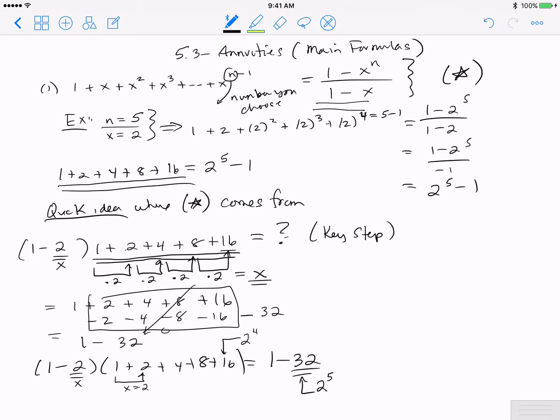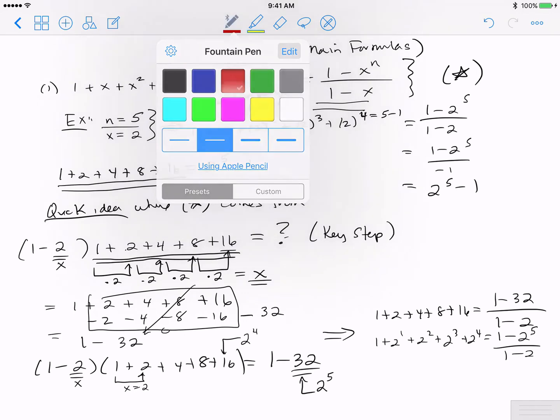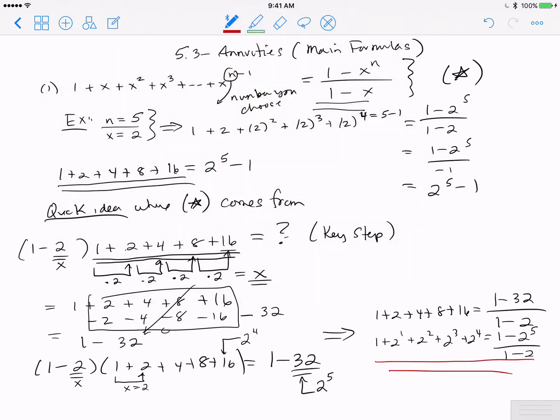Okay, so now you can say, putting all this together, that 1 plus 2 plus 4 plus 8 plus 16 is equal to 1 minus 32 over 1 minus 2. And if we look at this problem again, this is 1 plus 2 to the 1st, 2 squared, 2 cubed, 2 to the 4th, and it's 1 minus 32, which is 2 to the 5th, over 1 minus 2. So I think you can see, if you compare this example right here and up here the general formula,